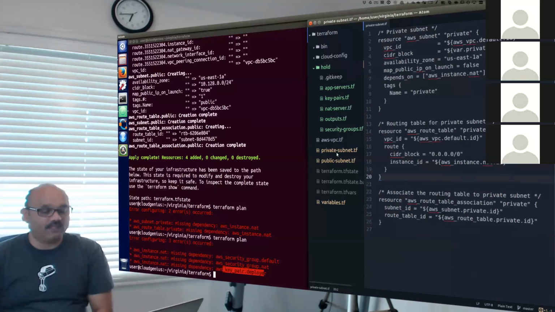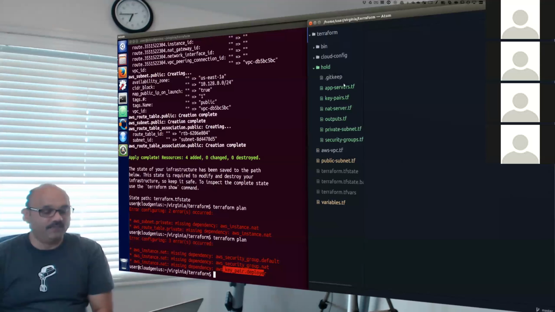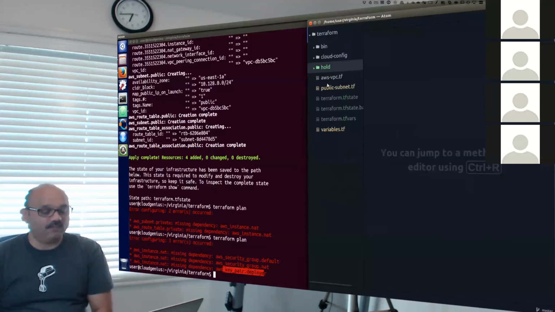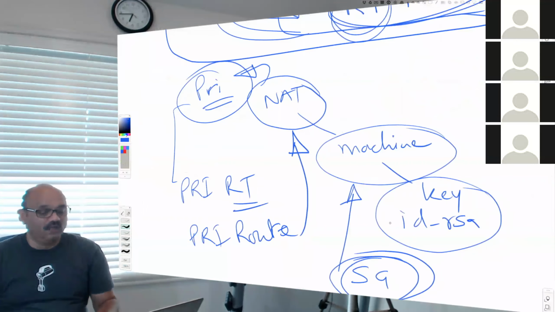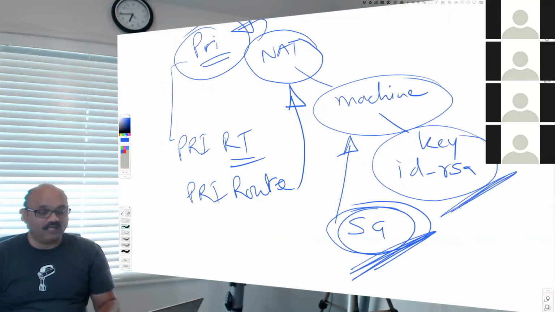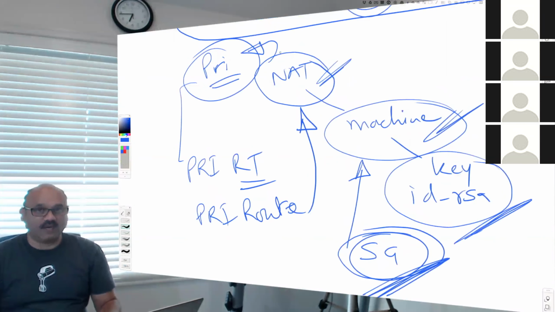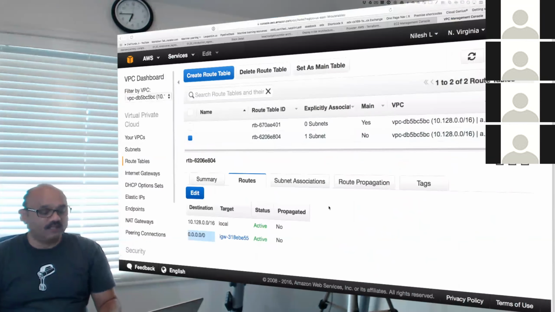I'll put this private subnet back in the hold area and just stick to what we were ready with. So in our example, we should go back to how it was and actually include the dependencies first, like security groups and the id_rsa key pair, create a machine, create a NAT, before we jump to creating a private subnet. And that is what we need to be able to do.